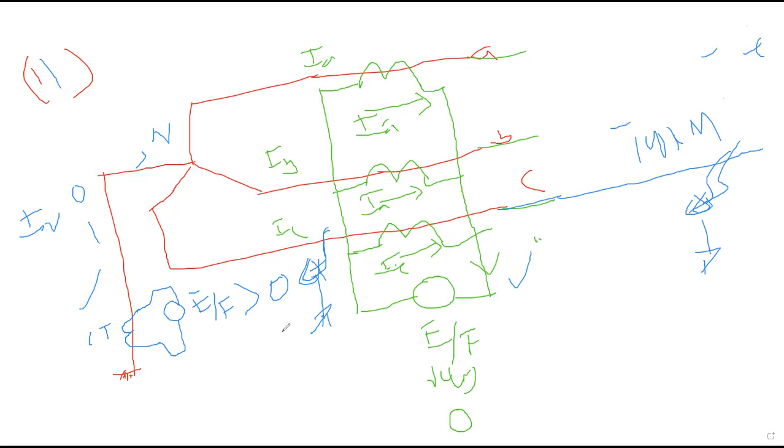Have you got this point, guys? Yes, sir. One more time, sir. Which part? The last point, sir. Though the fault is very far away, whenever a fault occurs in this phase C, the balance condition will be lost, right? When the balance condition is lost, obviously the relay current will be greater than 0, as we have discussed, right? So the relay will operate. The relay cannot distinguish whether the fault is very near or very far.